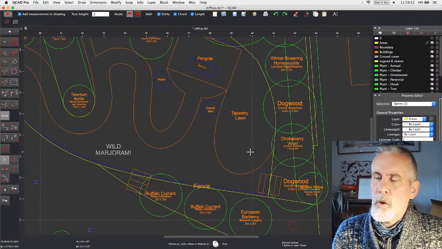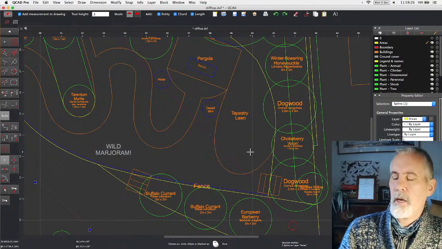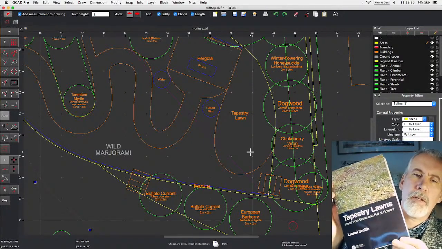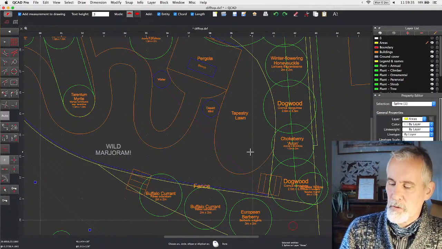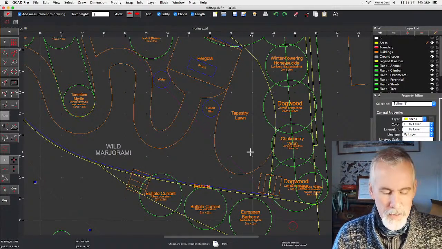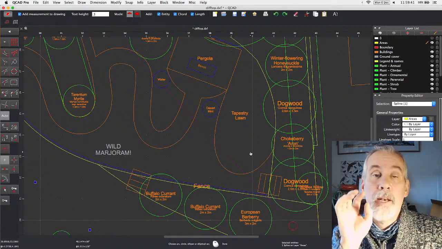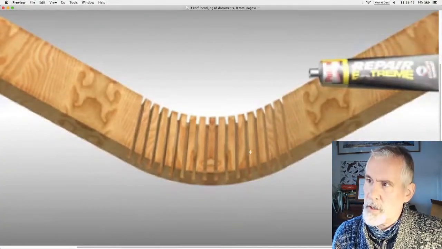Of lawn, and I want to create a tapestry lawn. So there's a chap, Lionel Smith. He was on the Roots and All podcast, and he's created a tapestry lawn, which is non-grass species, and there's some really beautiful species in there for that space. And the lovely thing is that they can be aromatic. So let me just have a look at the